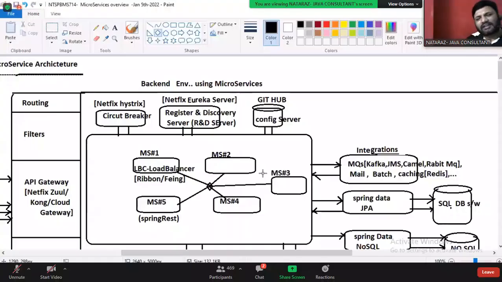Okay, guys, across the multiple microservices, whatever log4j we are using, is that specific to each project or not? Each microservice is a separate project. So log4j, SLF4j, can I use them across the multiple projects?